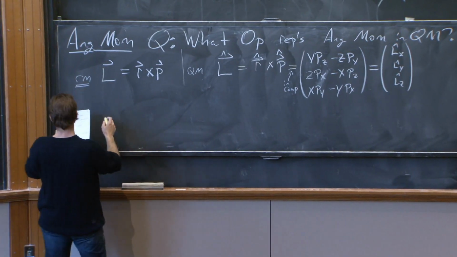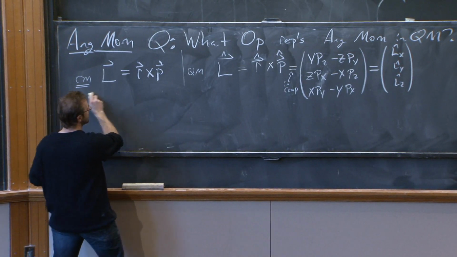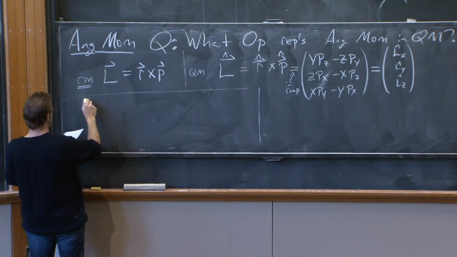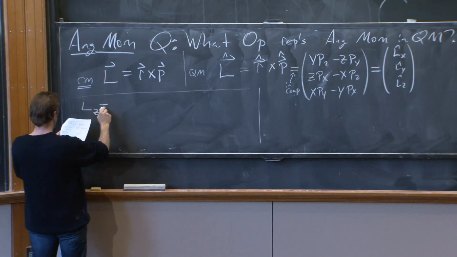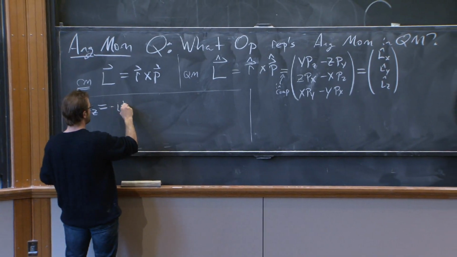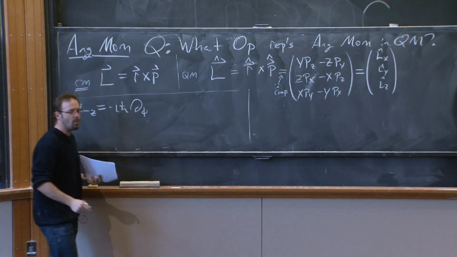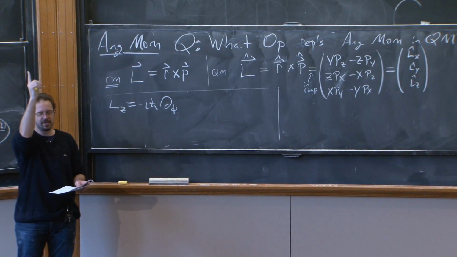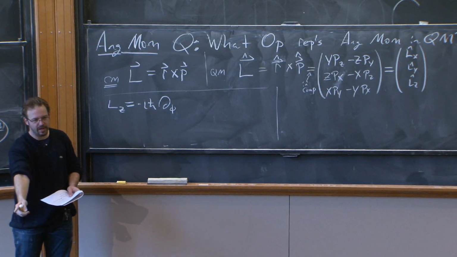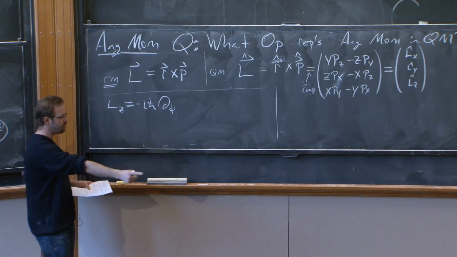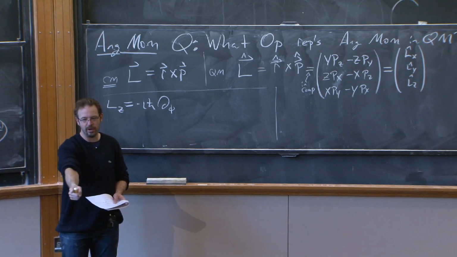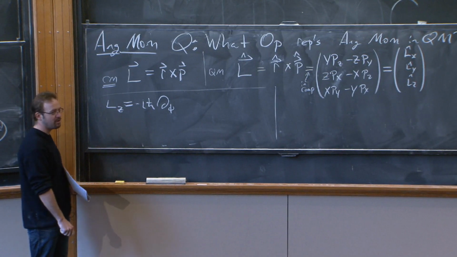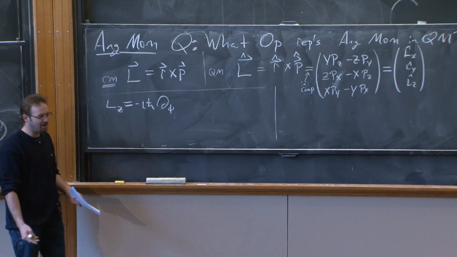But we can also write this in spherical coordinates. And I'm just going to take a quick side note just to write down what it is. If we did this in spherical coordinates, it's particularly convenient to write, let me just write Lz for the moment. This is equal to minus i h bar derivative with respect to phi, where the coordinates, the way I'm going to name coordinates in spherical coordinates in this class, is theta is going to be the angle down from the vertical axis, from the z-axis, and phi is going to be the angle with period 2 pi that goes around the equator. Okay, just to give you a name. This is typically what physicists call them. This is typically not what mathematicians call them. This leads to enormous confusion. I apologize for my field.